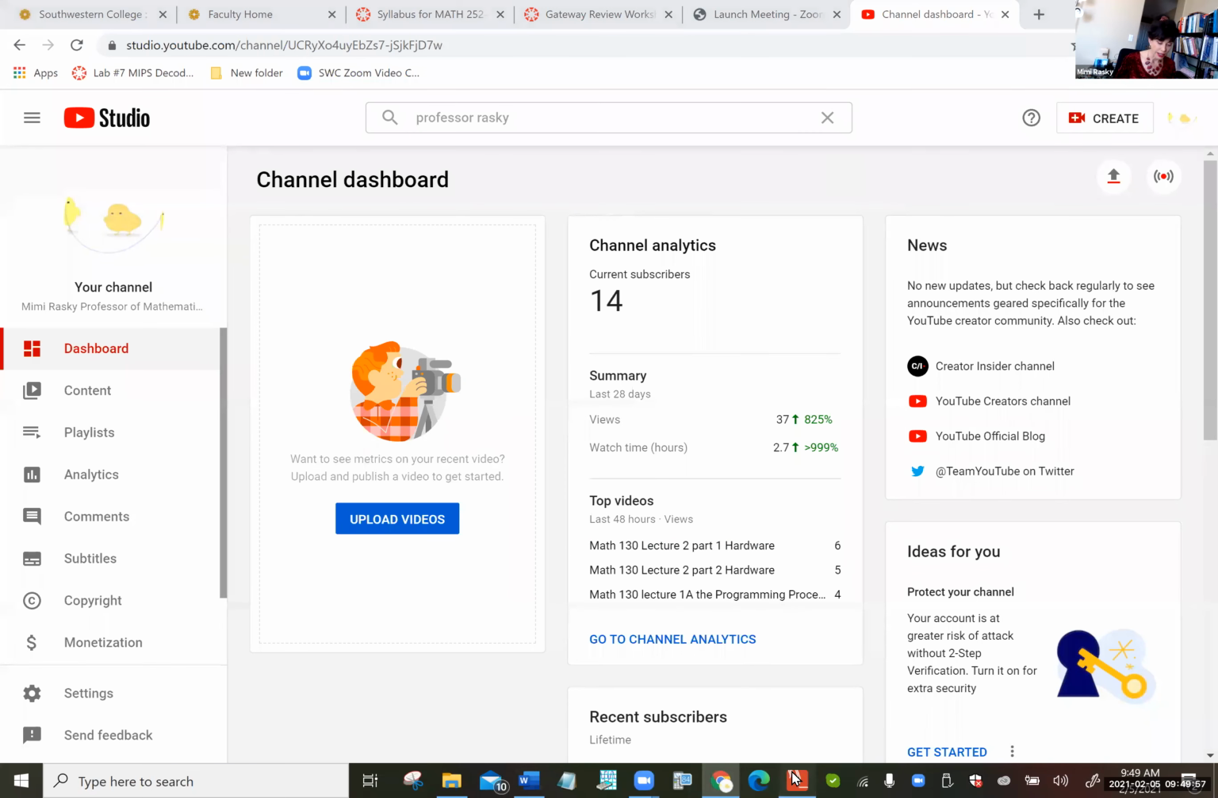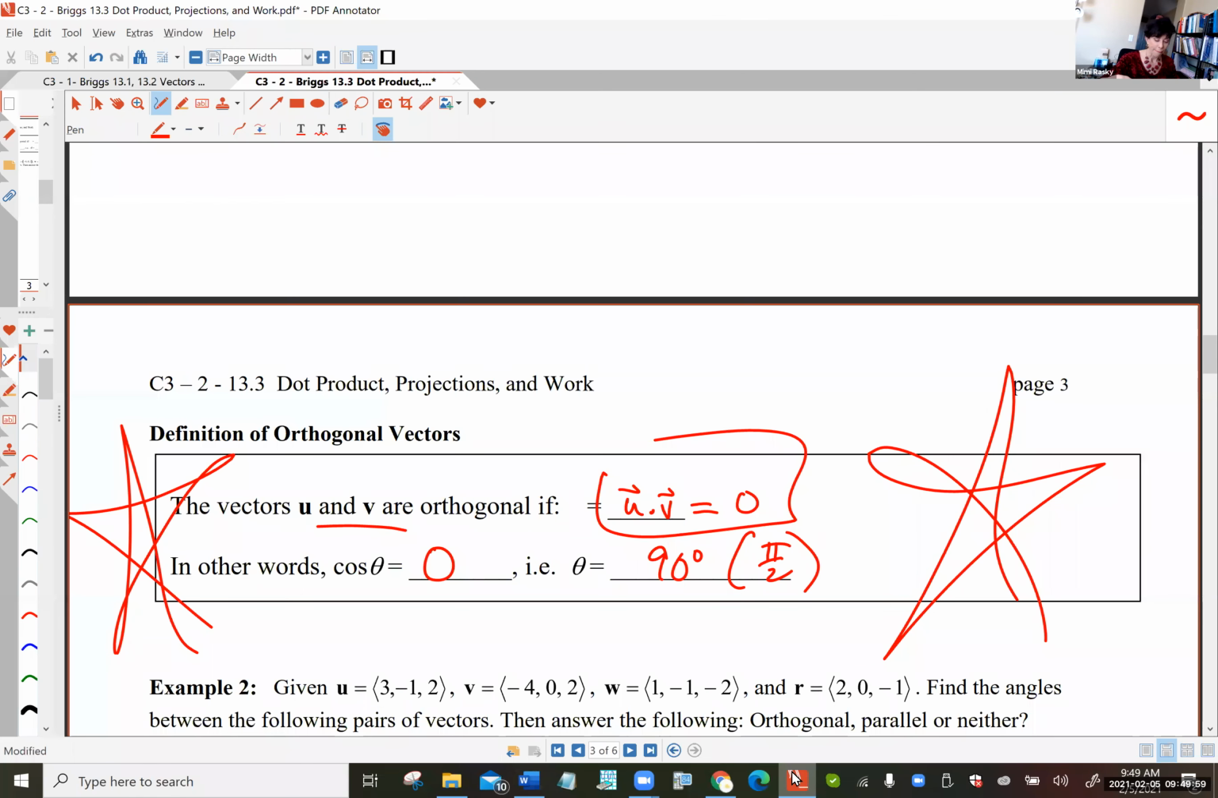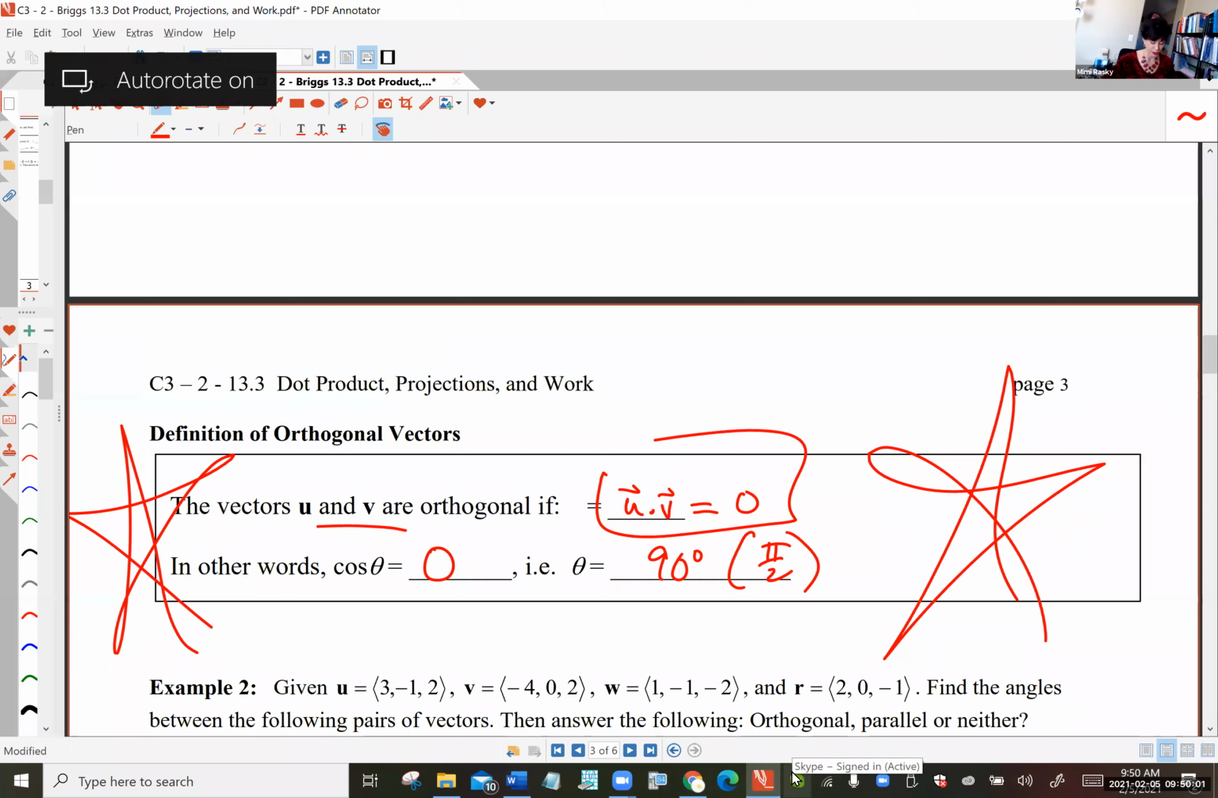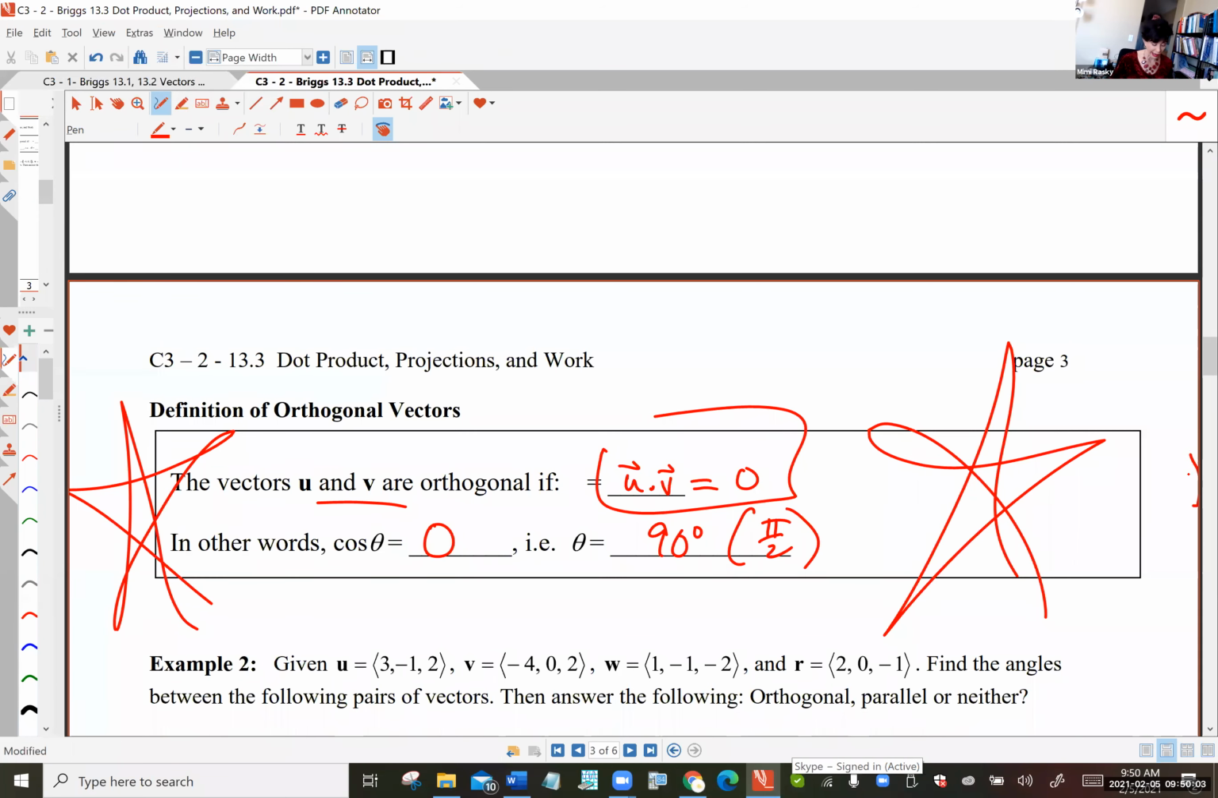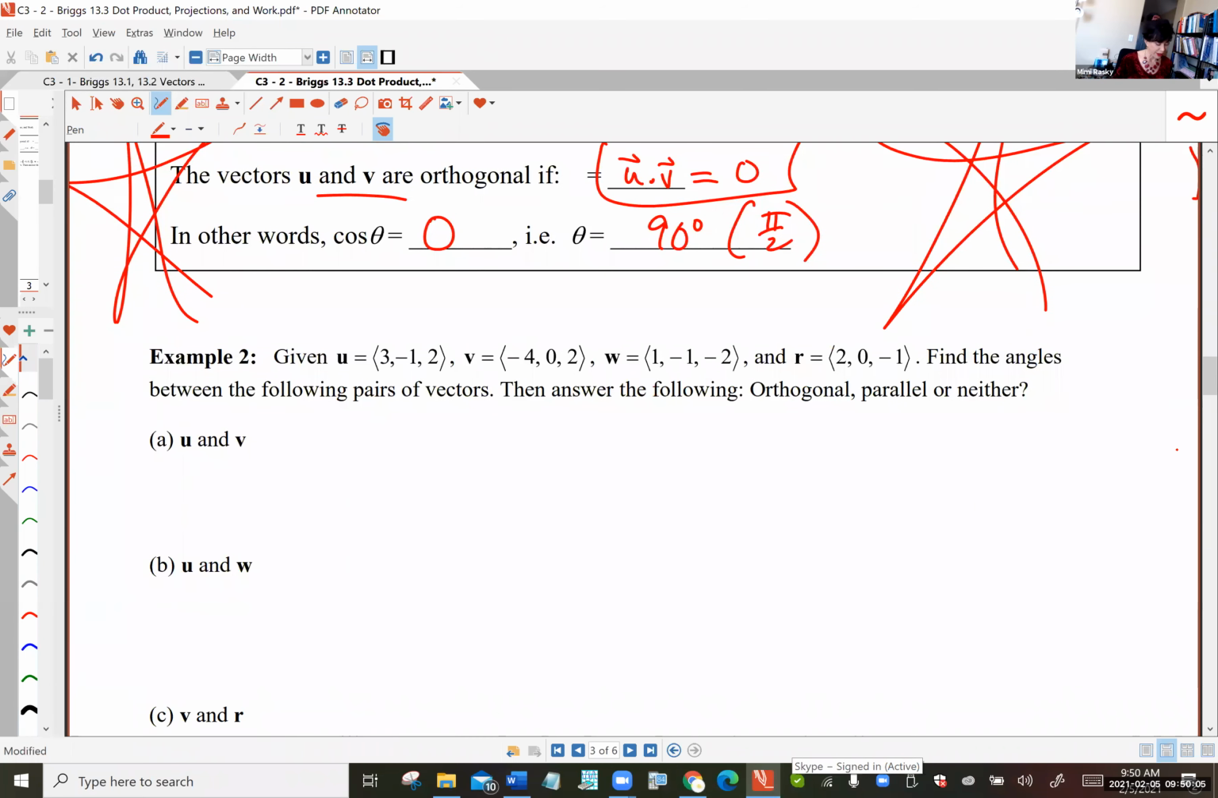Okay, all right, so back to lecture. Let's finish it out. They're giving us 4 vectors, u, v, w, and r. Find the angles between the following pairs of vectors and then answer the following: orthogonal, parallel, or neither. Okay, so u and v, cos theta is going to be u dot v,